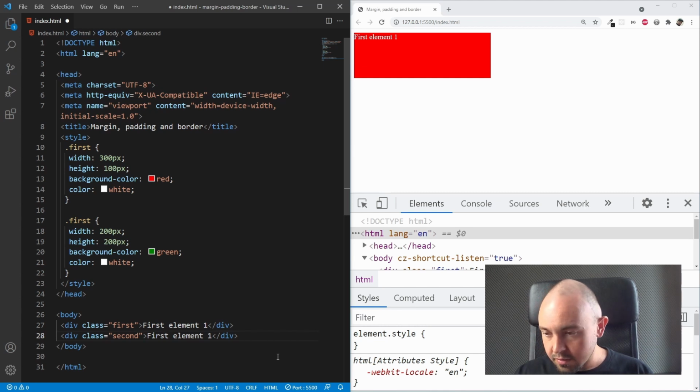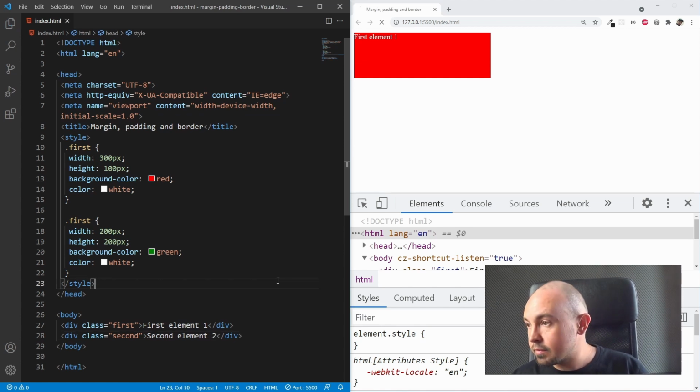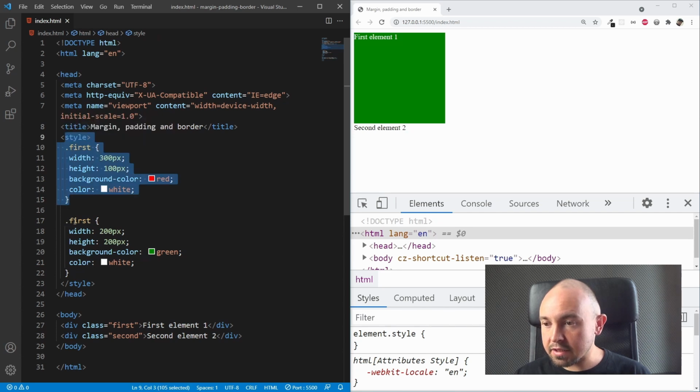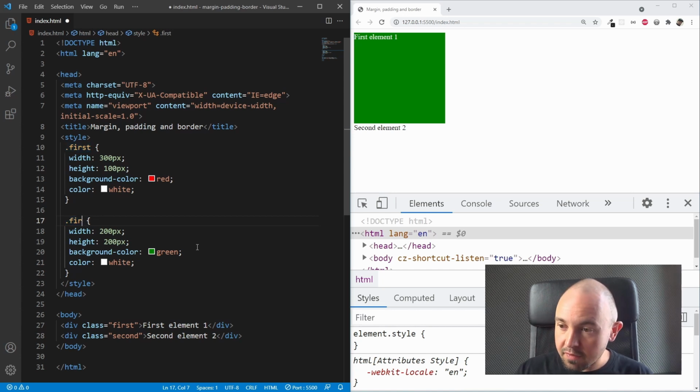Let it be second element 2. Let's save our file. And we get what we get. Our second rule overwrites the first rule, and that's just because we didn't change the class name right here. So we didn't actually refer to our second div, but once again to the first one. And that's where we have to change the class name